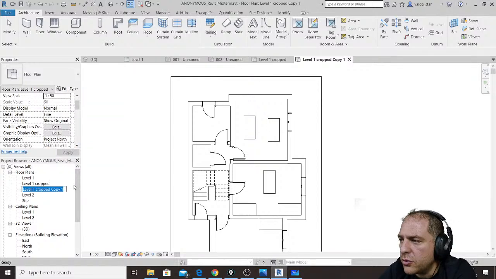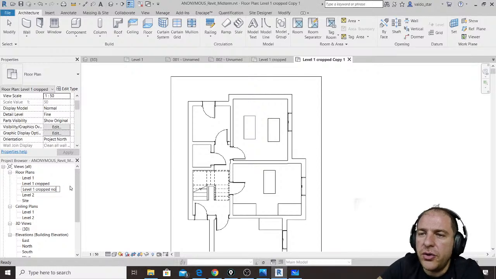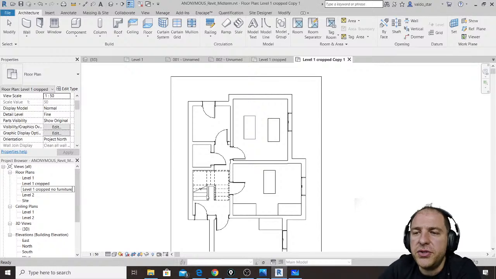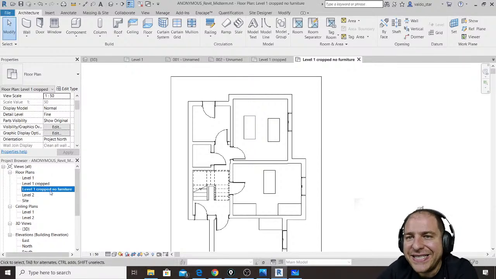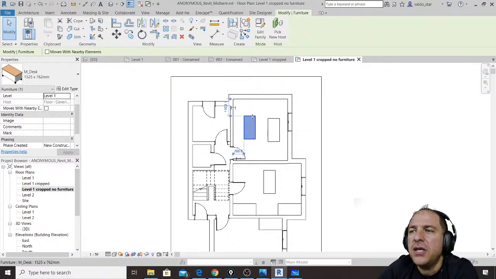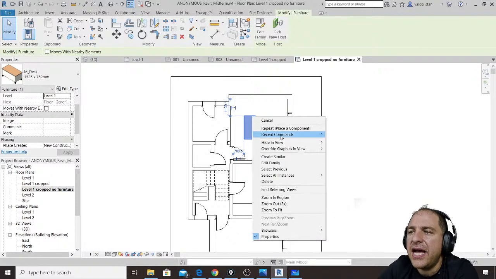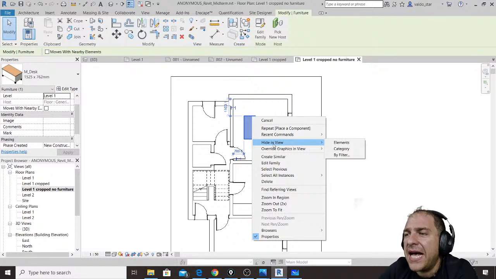I will go to rotation in 1 second, but I will have another duplicate of my cropped view, then I will call it no furniture. And in this view only, I select furniture, I right click and I use hide, and you can now understand better why hide is called hide in view, because if I hide elements,